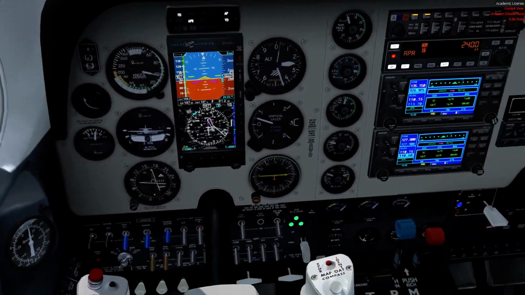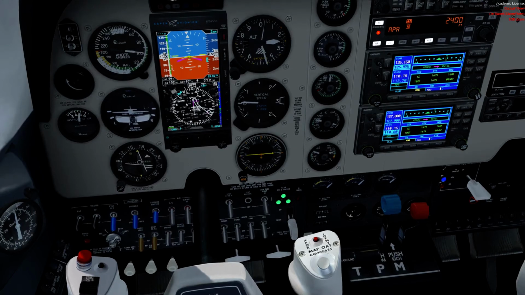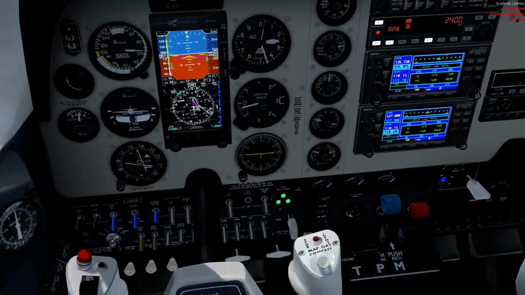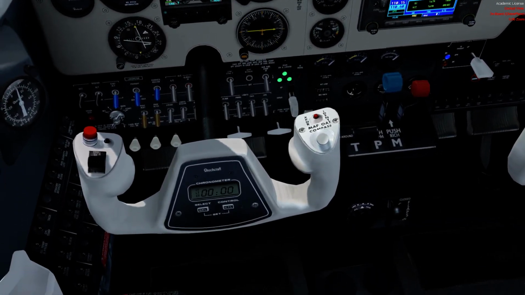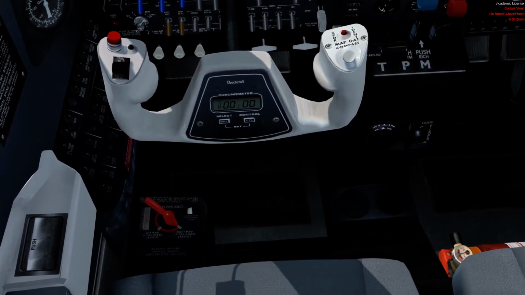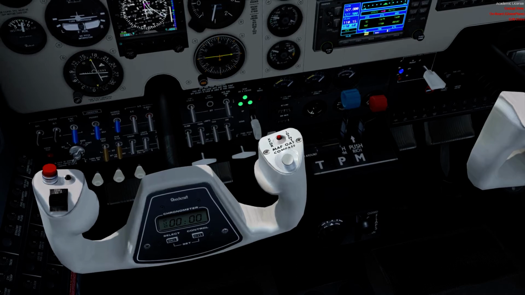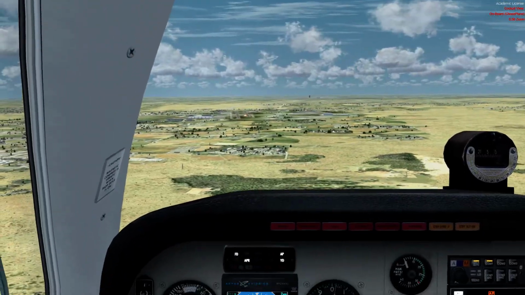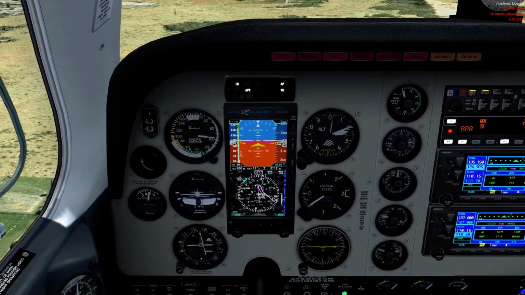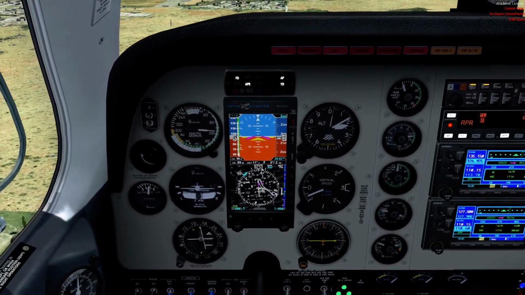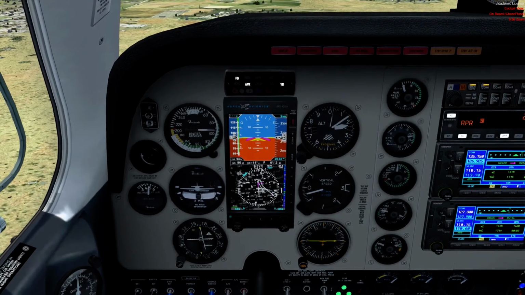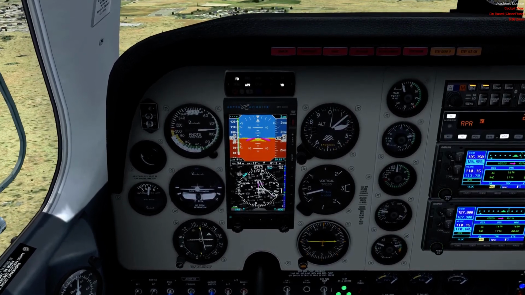So GUMPS, gas, undercarriage is down and 3 green. Mixture full rich, or correction, gas is set to the right tank. Undercarriage is down 3 green. Mixture full rich, power full forward, and we are now descending on the approach, recapturing the glide slope, autopilot coming off, and we will recapture the